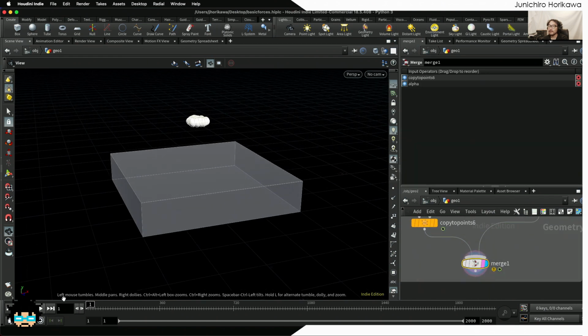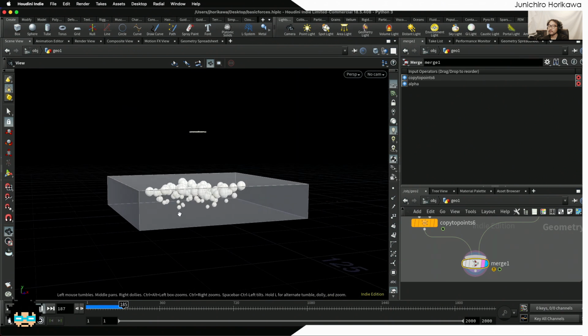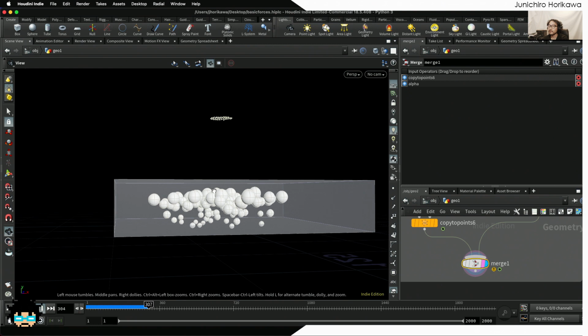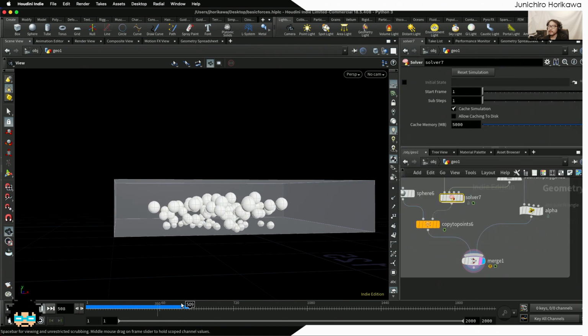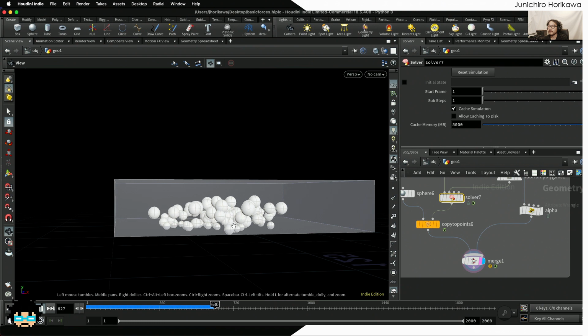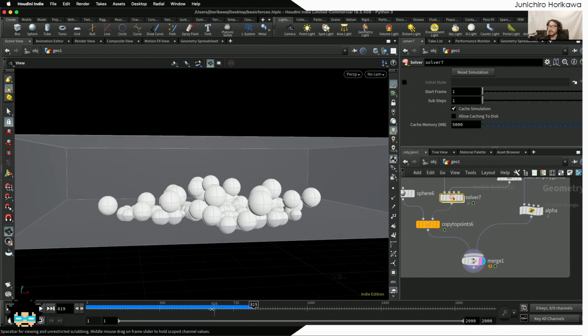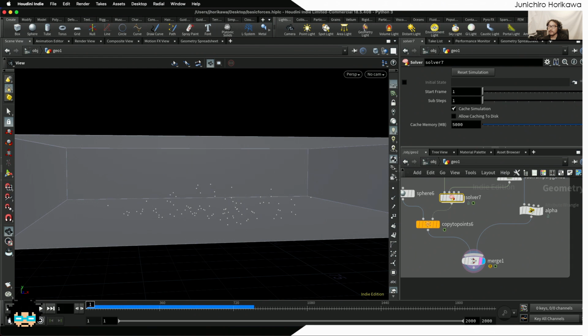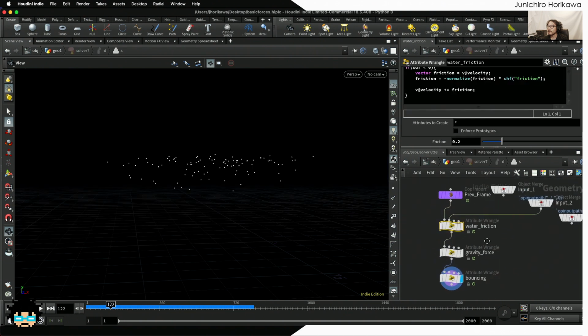If I play it, as soon as it goes inside the water, it just slows down. Now there's a little bit of jittering right here. It's a bit weird. It might happen in the real world, but it's pretty weird, so let's try to fix this. We can fix this by going inside, and